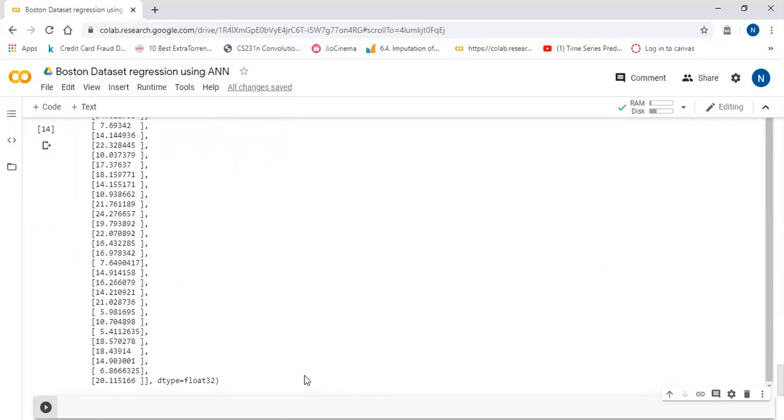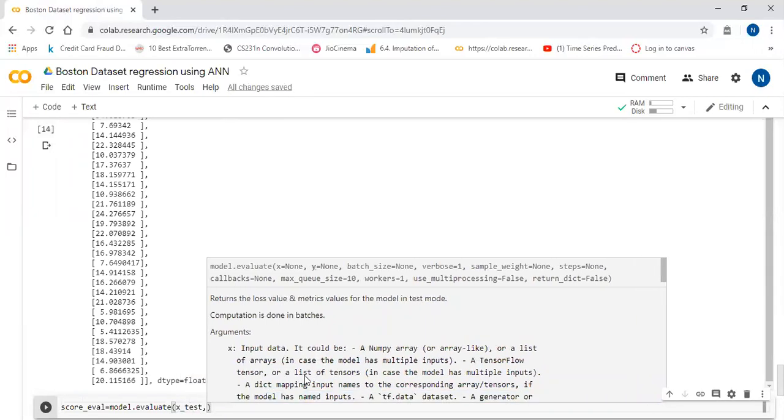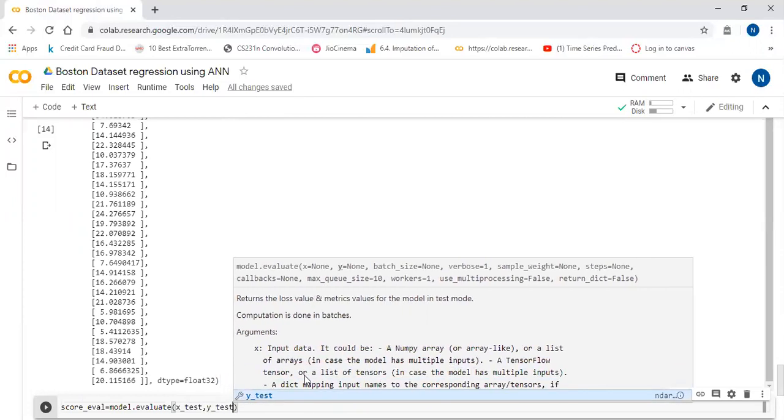We can evaluate our model based on the test data. So I will say score_eval is equal to model.evaluate on x_test comma y_test.